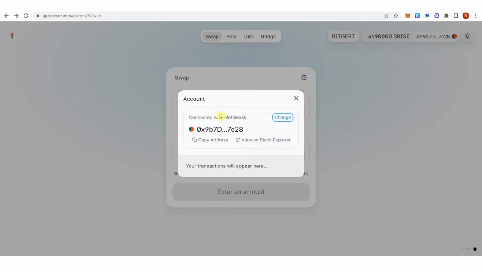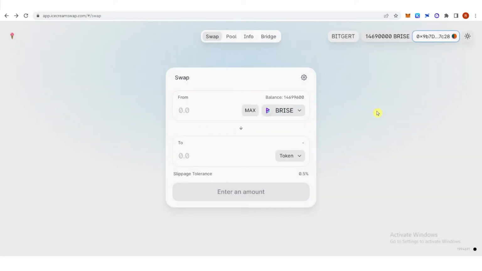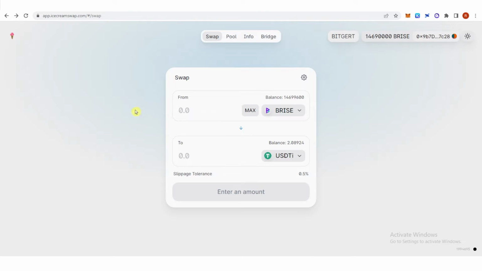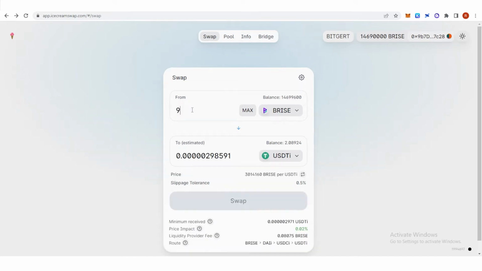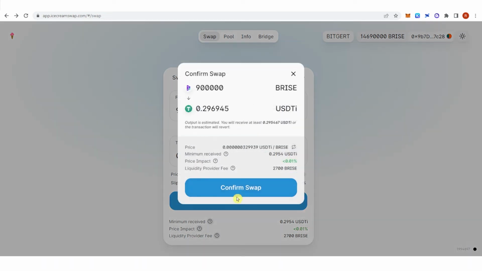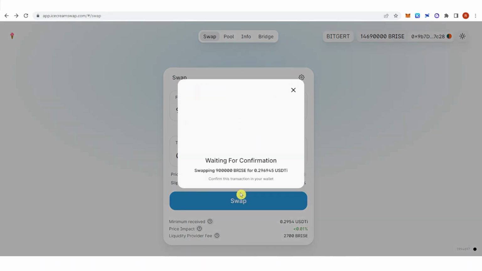And as you can see, I have connected my MetaMask wallet. Once you have connected your MetaMask wallet, click here and click USDTI, for example. Then type the amount of price token you want. For example, I want to swap 900,000 BRISE token. Click swap here, click confirm swap,